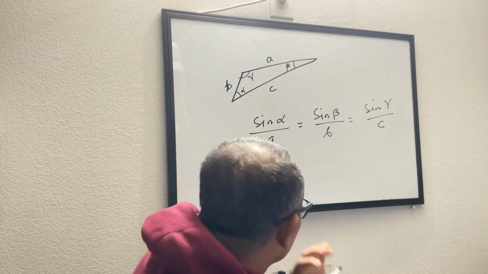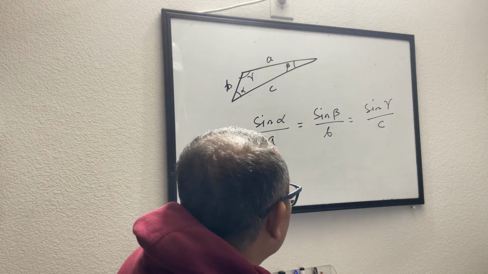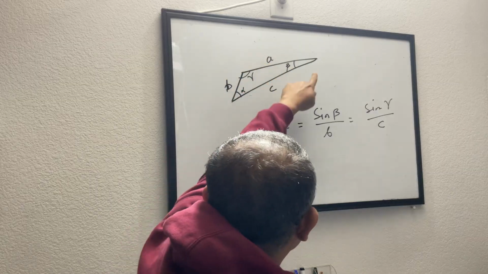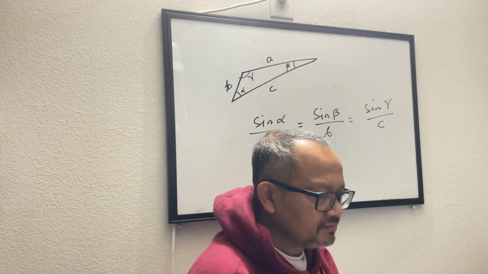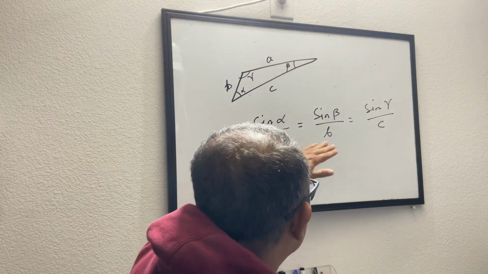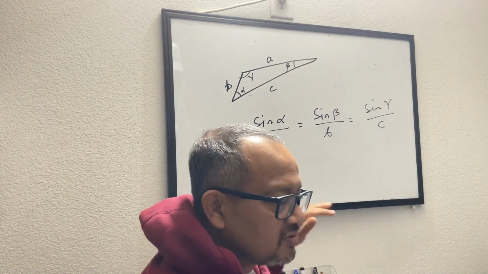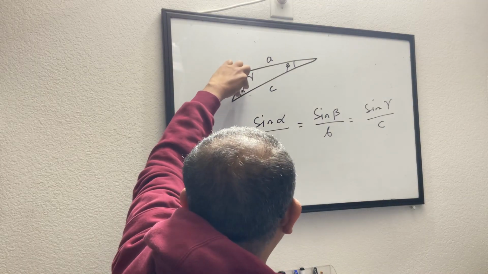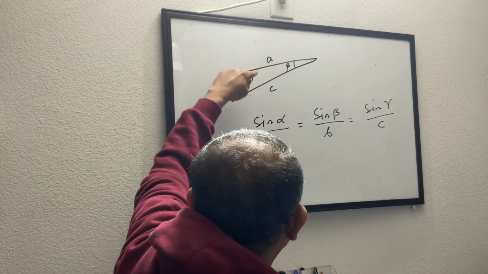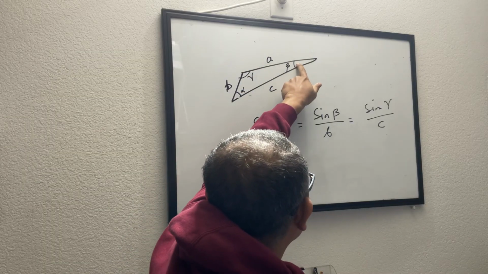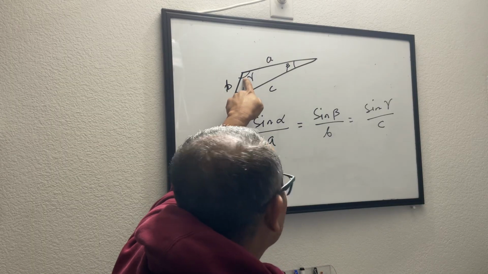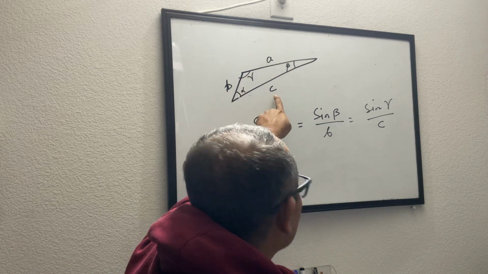Now let's think about it. It's not about just memorizing it just because the teacher is saying something. The law of sine says that when you have a triangle, any triangle, right angle triangle or not, doesn't matter, this ratio follows. Take the sine of the angle and the side opposite to that. The ratio of these two will be the same as the next pair of the sine of the angle and the side opposite to that, and will be equal to the next pair of angle and side, the sine of that divided by the side opposite to that. Okay,